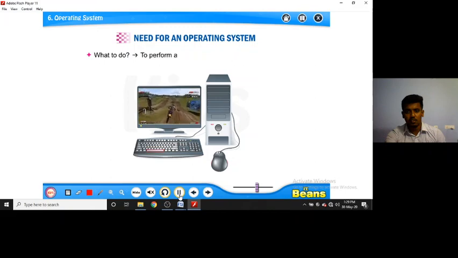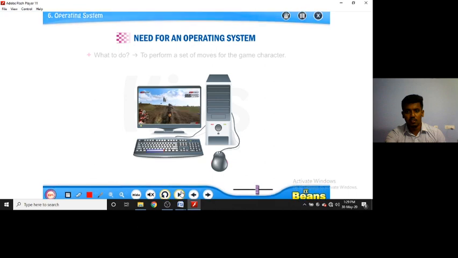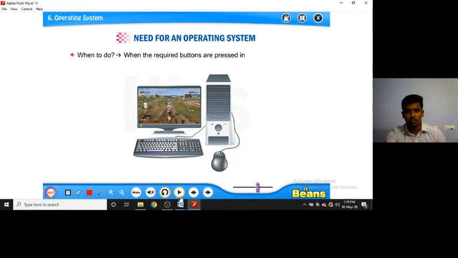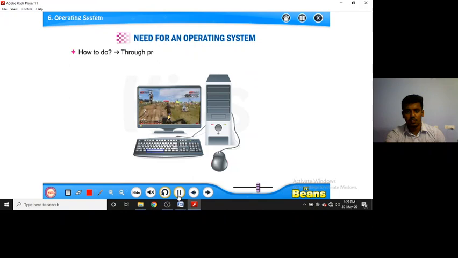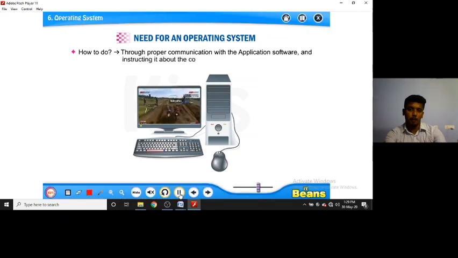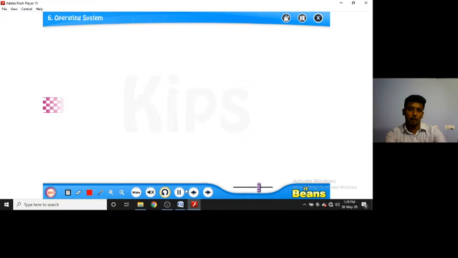When we press that particular button on the keyboard, which game character should move is what to do. When the required buttons are pressed, the correct sequence should follow, and that is how to do. Through proper communication between the application software and the instructions, the motion of the player starts on the screen.